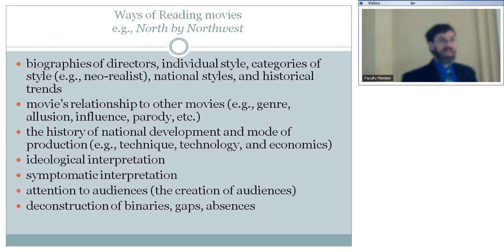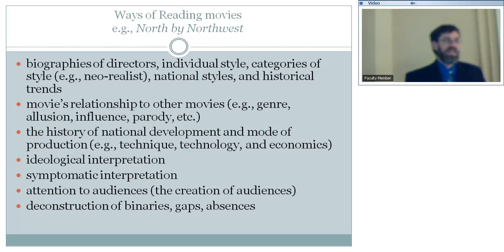And this can be a marketing strategy, but it can also be a political strategy. Or you can think of, say, somebody is making a Christian movie, the church is going to organize its audience for the Christian movie, right? Or a political movie, the people are going to organize the audience before the movie is made.